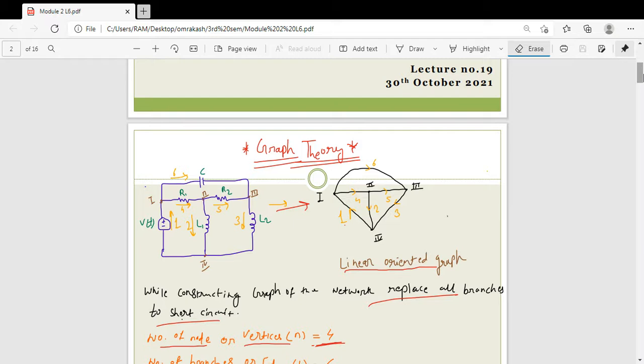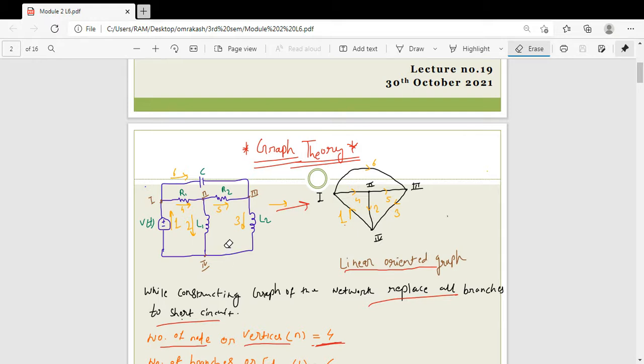We simply use the iteration methods and give the input in the form of a number of nodes and equations, right? So for this you have to know the basic terminology of graph theory. Here we only discuss some basic points. Okay. So first of all, see this network. There is one network.